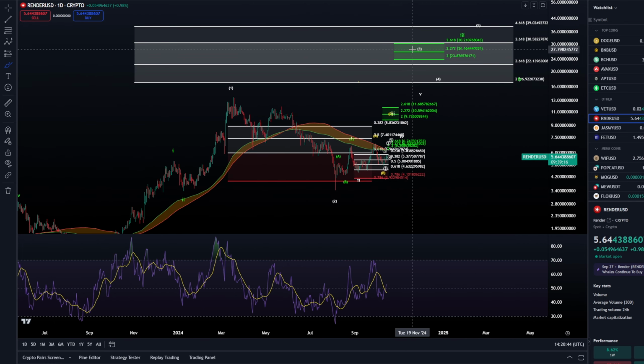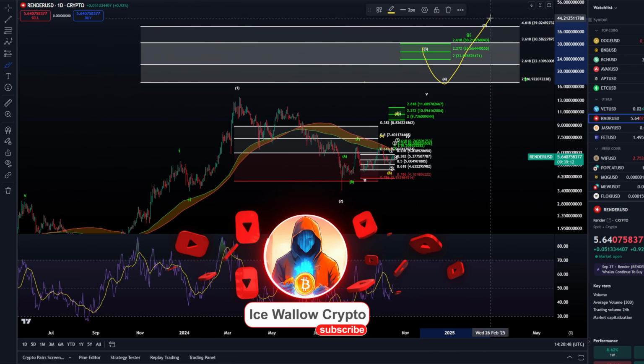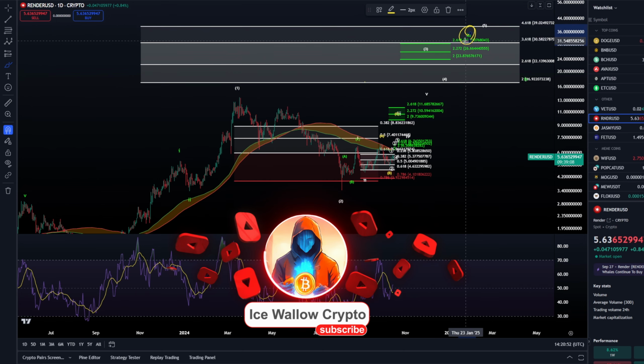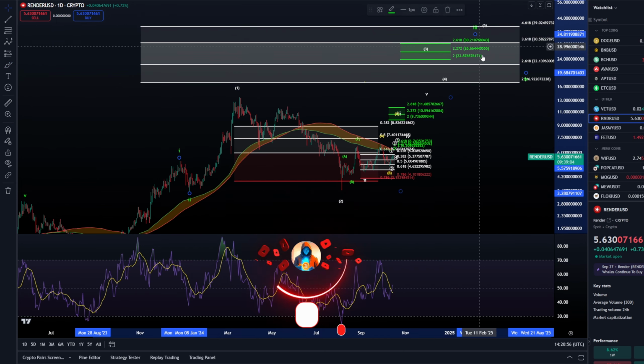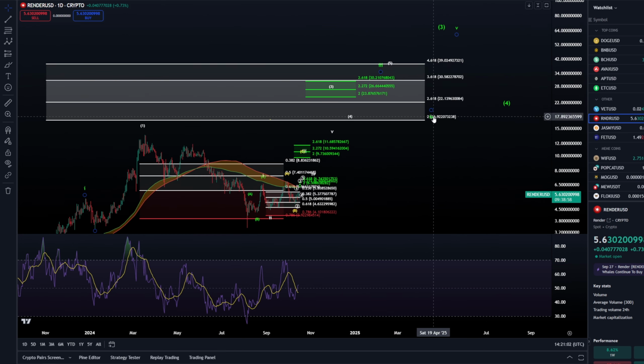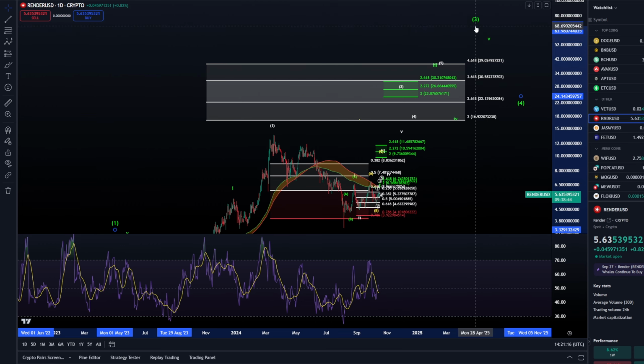Now let's continue. Once we get that third wave, then we'll need a fourth wave move down and a fifth wave move up, and the fifth wave will complete the third wave right here, which is the green third wave, and that is the third wave of the main third wave. Then after that you can expect a fourth wave move down, and then a fifth wave move up, which will very likely be the bull market high for this cycle, and that will complete the main third wave move to